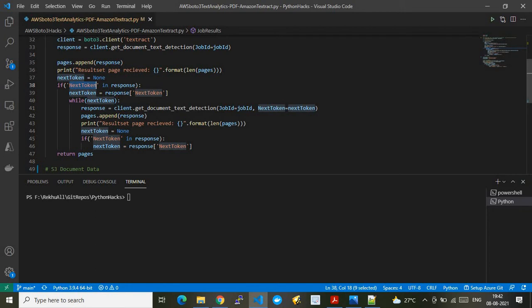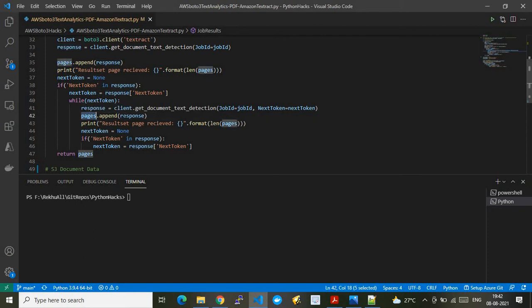If there is a next token, then we are asking for that next token, and again leveraging the same get document text detection API. As you see, we are giving the job ID and the token ID, and after that we are retrieving the response out of that operation again. It's like going through loops and finally getting the required output.